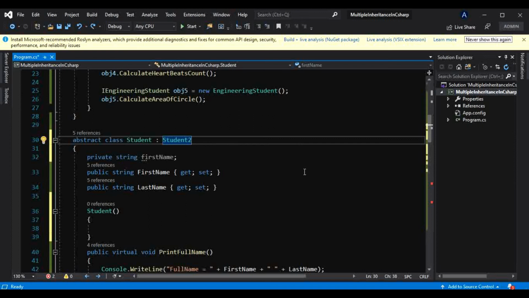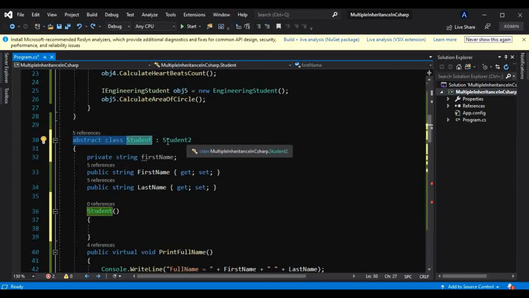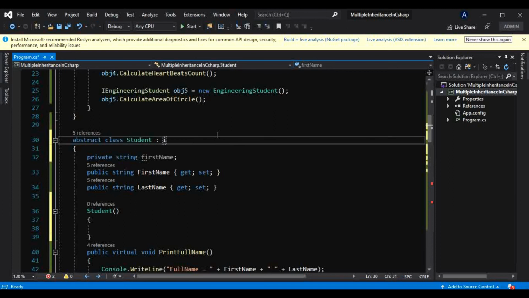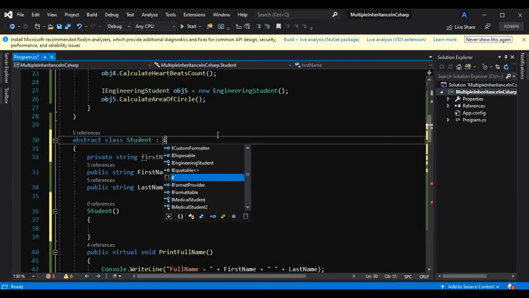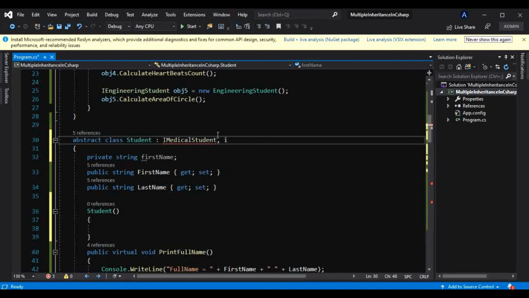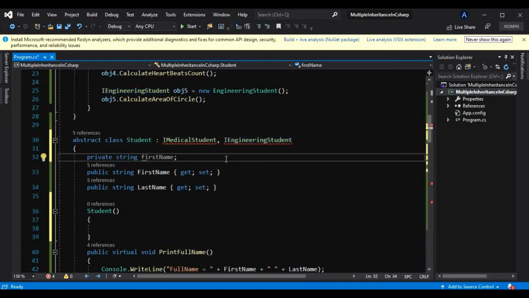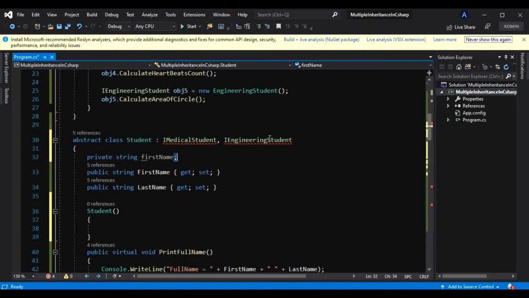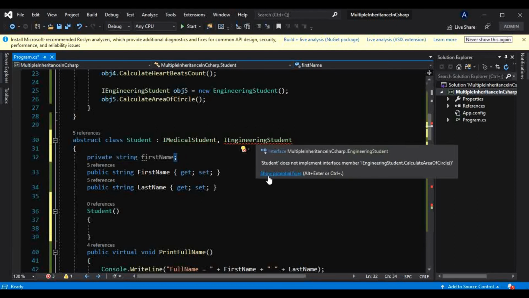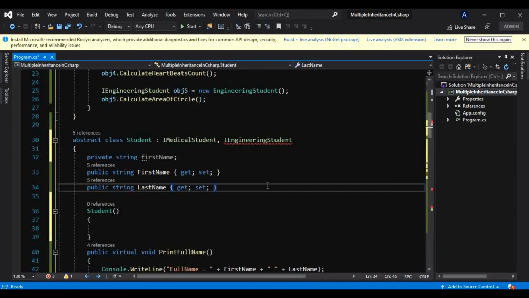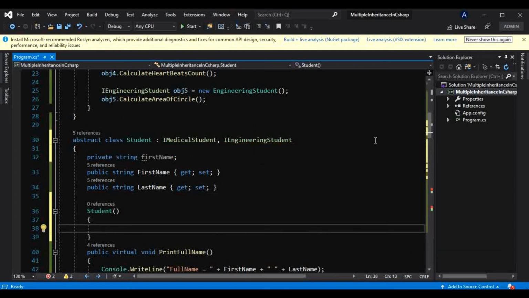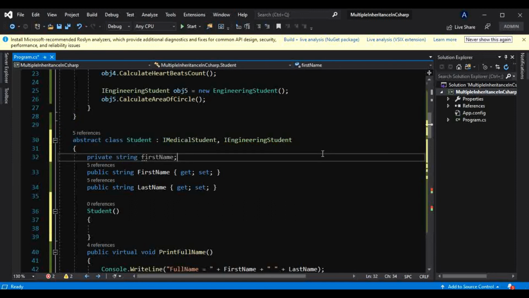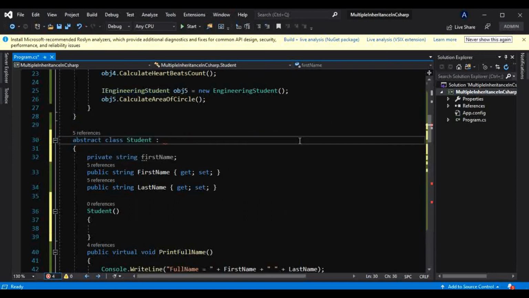But now what this point says, a class can inherit more than two interfaces, like this: IMedicalStudent and IEngineeringStudent. And I have to implement those interfaces, and it is good to go. Okay, so this is possible, but it cannot inherit from more than two classes.